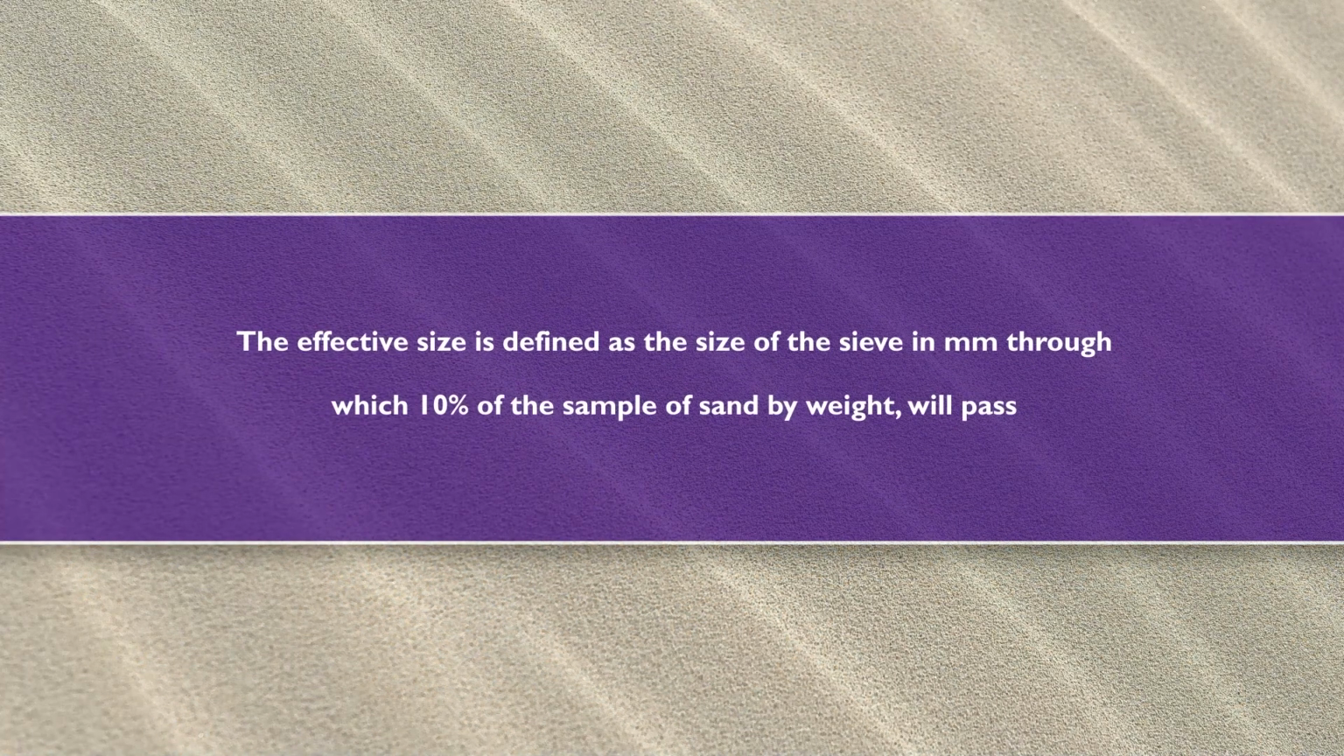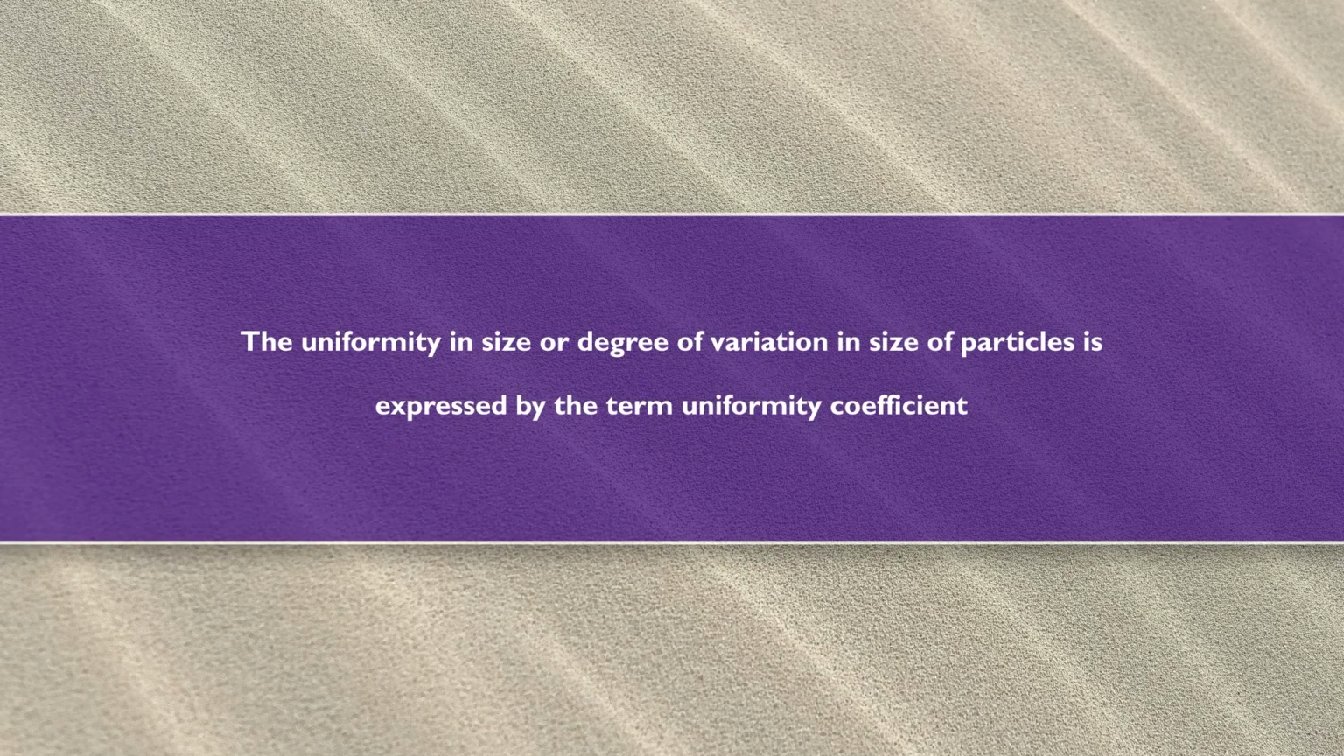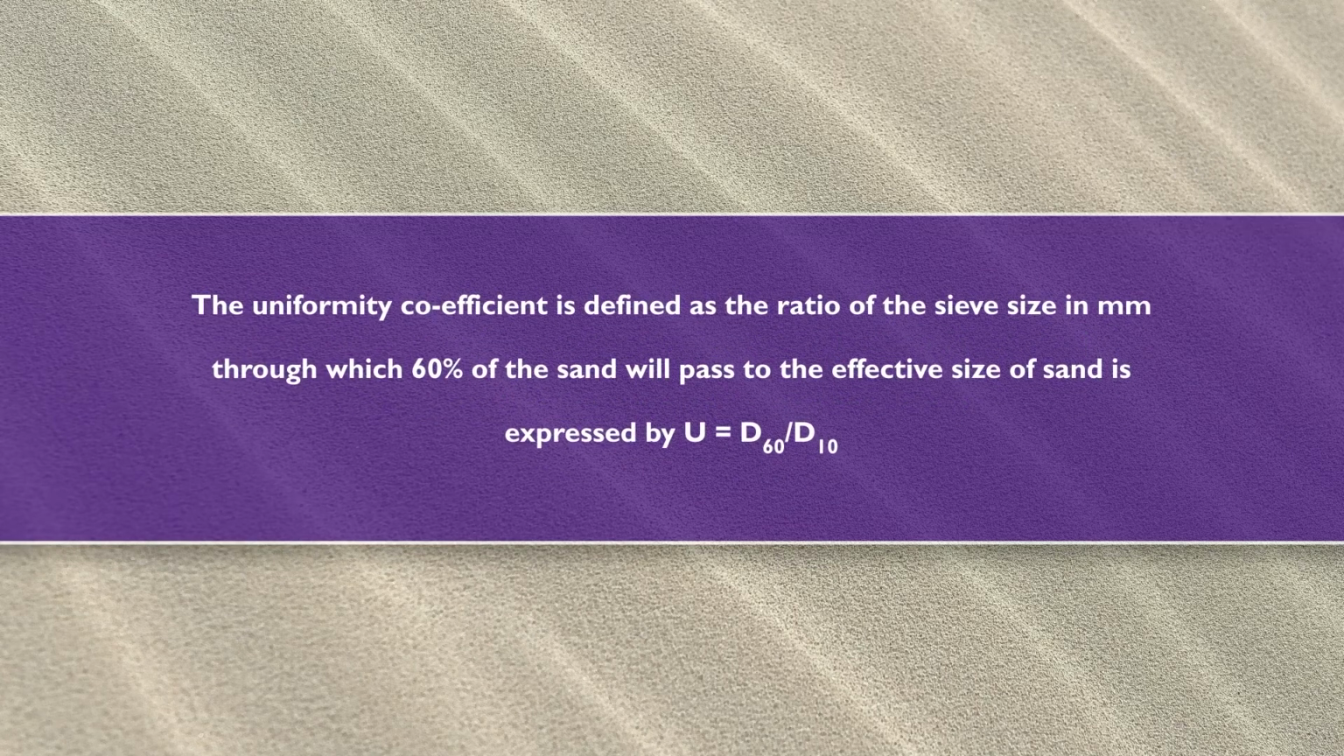The effective size is defined as the size of the sieve in millimeter through which 10% of the sample of the sand by weight will pass through. The uniformity in size or degree of variation in size of particles is expressed by the term uniformity coefficient. The uniformity coefficient is defined as the ratio of the sieve size in mm through which 60% of the sand will pass to the effective size of the sand, expressed by U equal to D60 divided